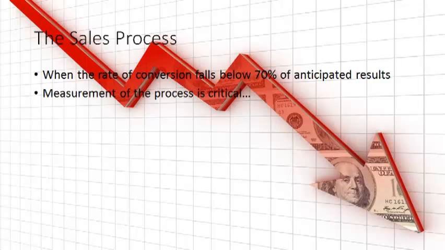So if there's something not working, based on where the sales are falling off in terms of the process, that can be very significant in identifying why we're not closing or why we're not driving the revenue that we want. If you don't have a documented process that you can fall back on, it's tough to figure out why it's not happening, other than the sales professional saying, well, they just weren't